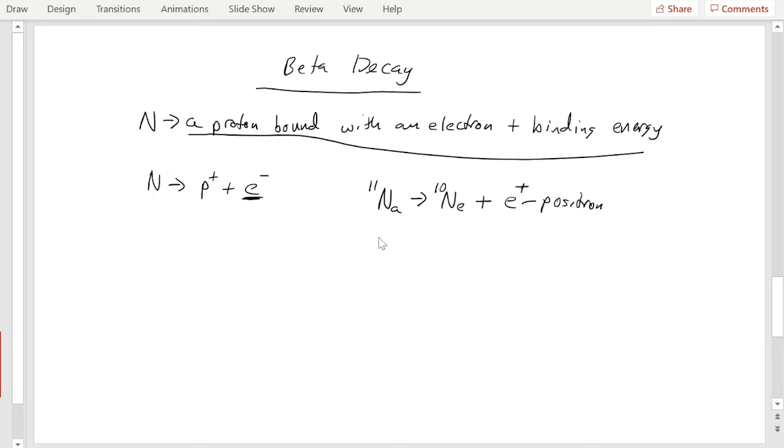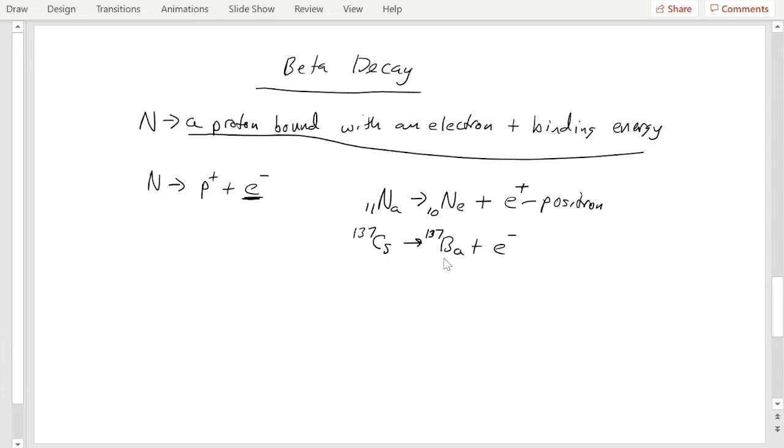A situation where an electron is actually emitted is the cesium to the barium. And actually, I really should write these are atomic numbers, not mass numbers. So this should be 11 here and a 10 here, right? But if you have cesium-137, okay, this can decay into barium-137 plus an electron,